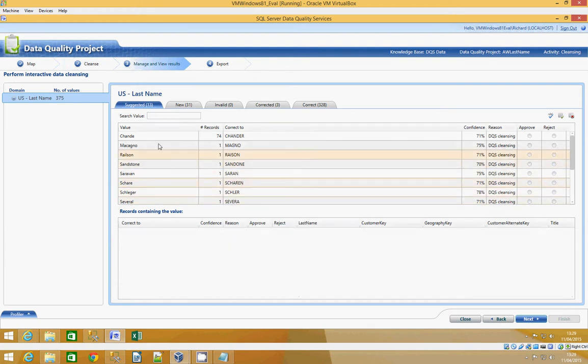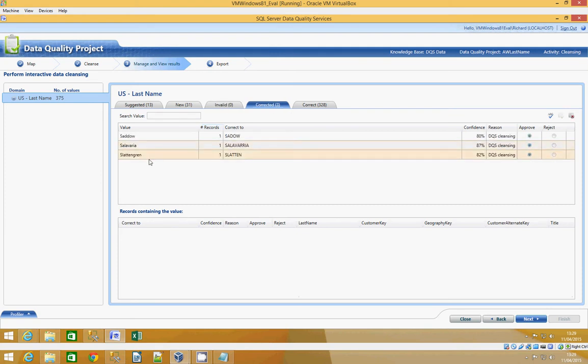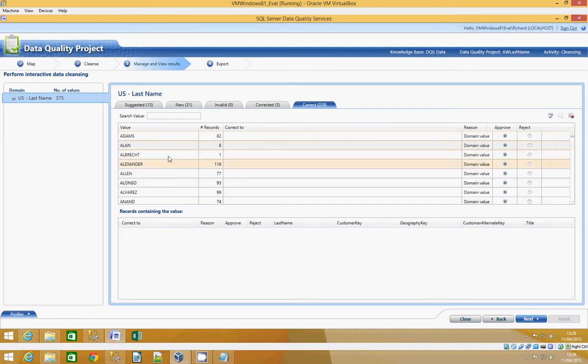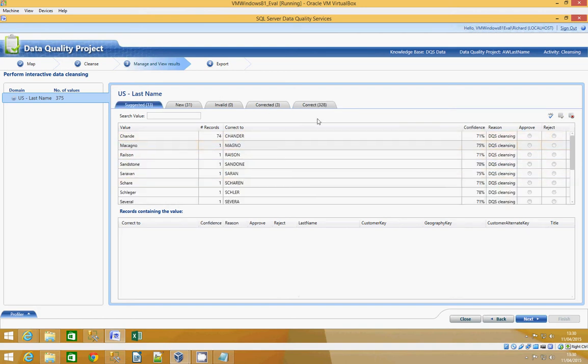So you can see some of the suggested values there, and the confidence that it's got from that knowledge base in making that correction. We click New. So these are all new values the knowledge base hadn't seen before. There are no invalid ones. These are the ones that it's actually corrected with quite high confidence, and then you can see all the name values that were actually correct. And there we are, you can approve or reject each value as well. You can see that on each tab. Okay, so we click next,